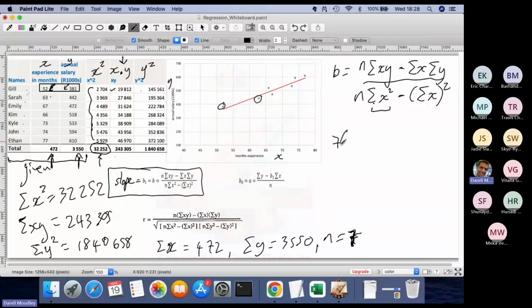So n is 7, 7 into sum xy, which is 243,305, minus sum x, which is 472, times sum y, which is 3550, all divided by 7 into sum x squared, which is 32252,